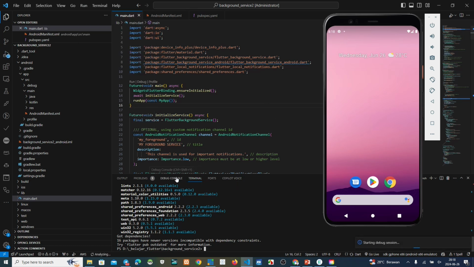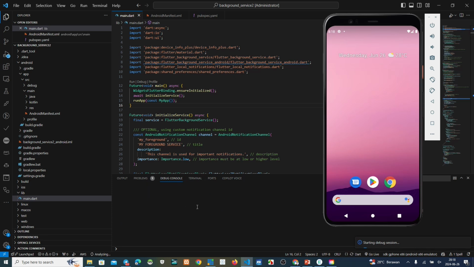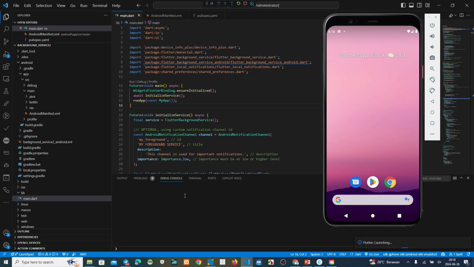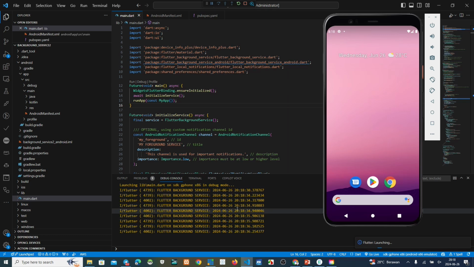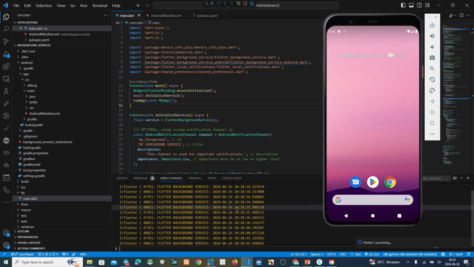We can see the process, the result. If there is something wrong, we can see this one. Maybe this project takes a long time because we develop this Flutter background service from zero to finish. Okay, you can see this process. Maybe the SDK version we must change.